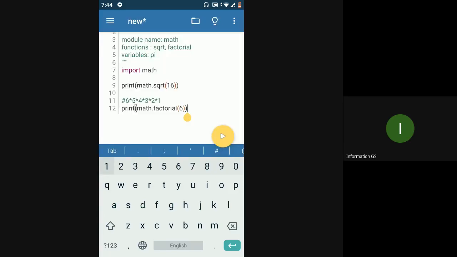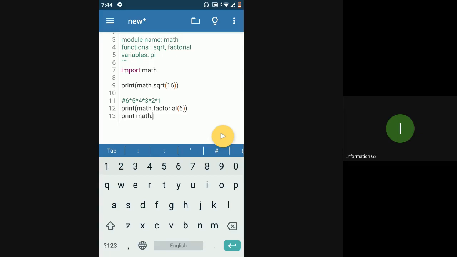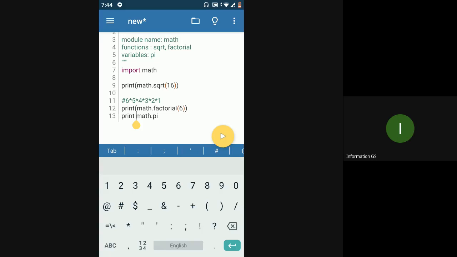Similarly, you have certain other variables as well. If you want to print the value of pi, that is 3.14, you can just say math.pi. Pi is a variable inside the math module, so you can directly access it. So print, sorry, parenthesis. Yeah, so you have the value of pi.